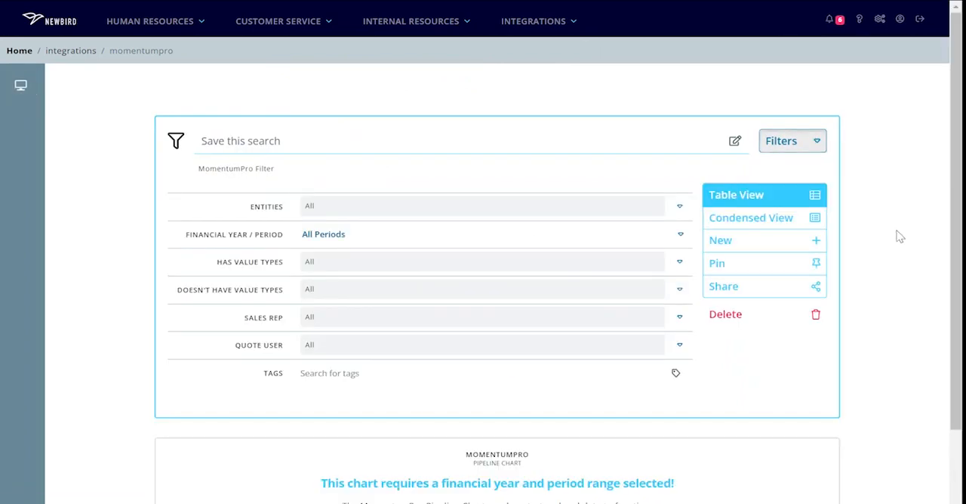The pipeline chart combines the value distribution column chart, which you're probably familiar with, and sales data specific to MomentumPro. It looks and behaves similarly to the value distribution column chart. However, the difference being it uses MomentumPro budget data instead of Newber budget data. It retrieves call sheet values and MomentumPro sales and places them in columns, as you'll see now as we run